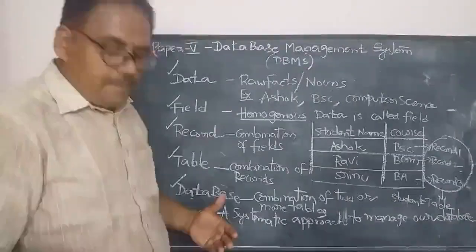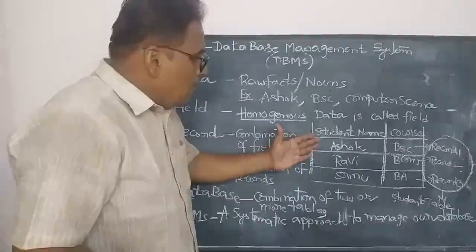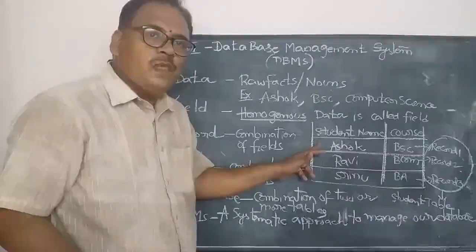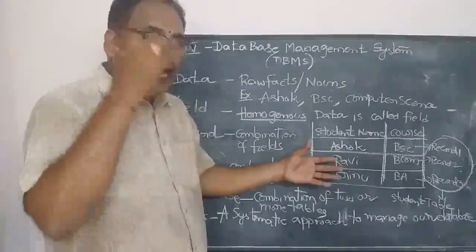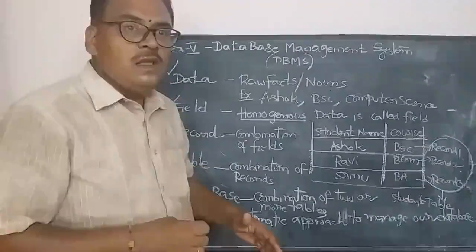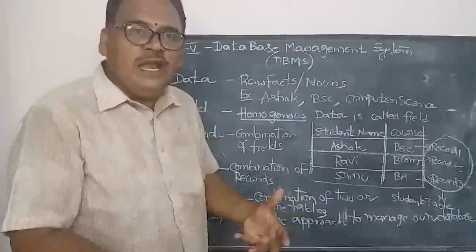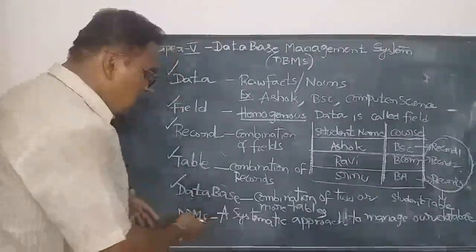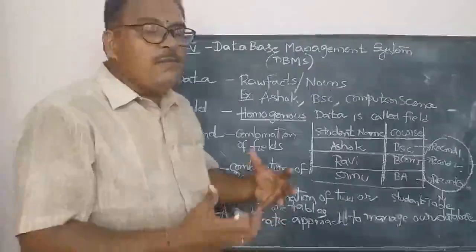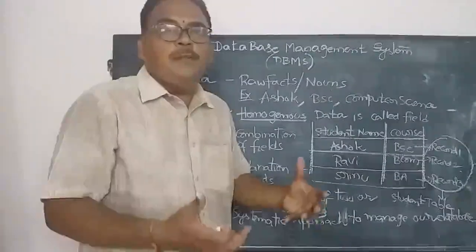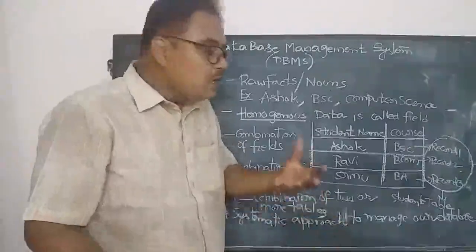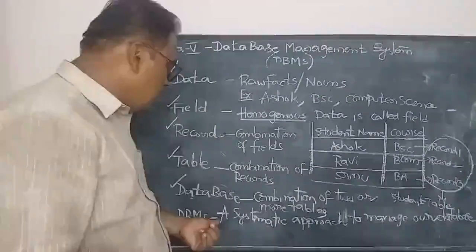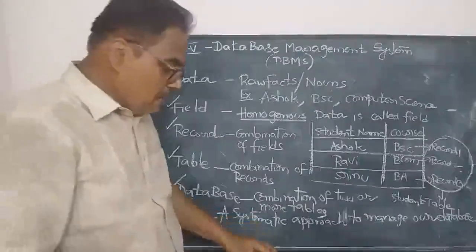What is meant by approach? How to create these tables, how to insert records into the table, how to edit the records, and how can we get the information from the records. So what type of commands do we need? That bunch of commands and properties will be provided in DBMS. So finally, DBMS provides a few commands, properties and features to us to manipulate various tables. So that is the purpose of DBMS.